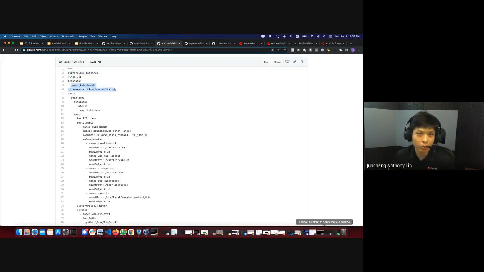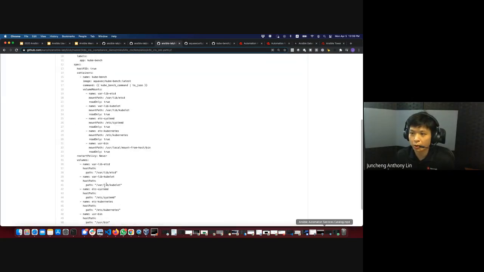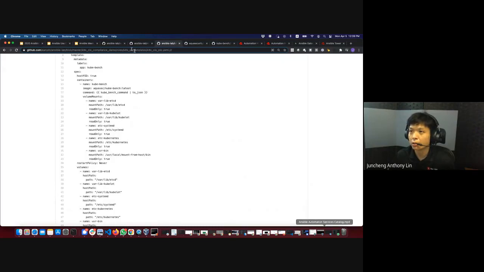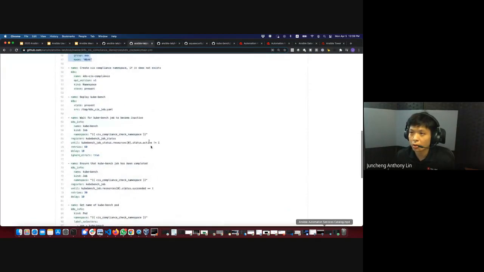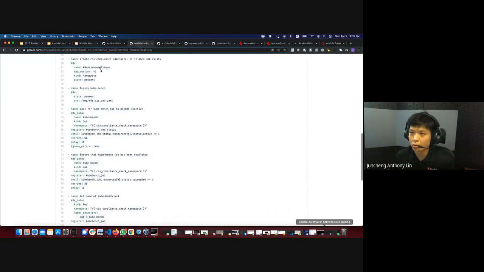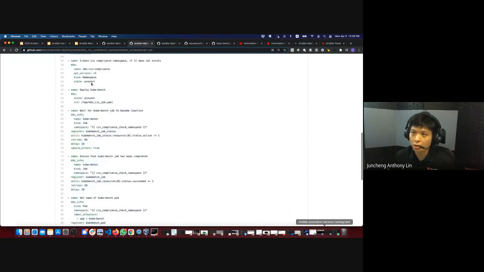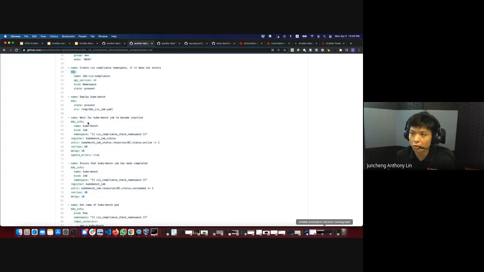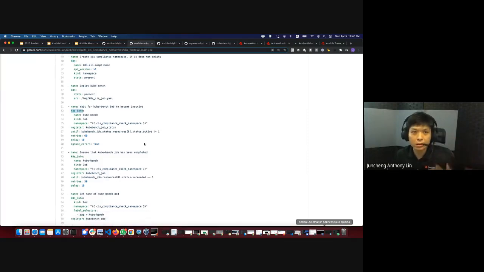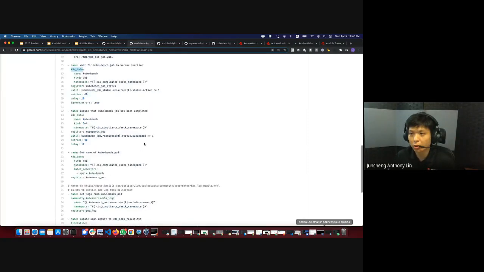The metadata that we are passing in, we are running it on the namespace for KS CIS compliance. We're doing a couple of things over here. You can see that what I'm doing is creating a namespace and making sure that it is available. I'm using the KS module, for instance, and also KS info to make sure that this thing is actually up and running properly.